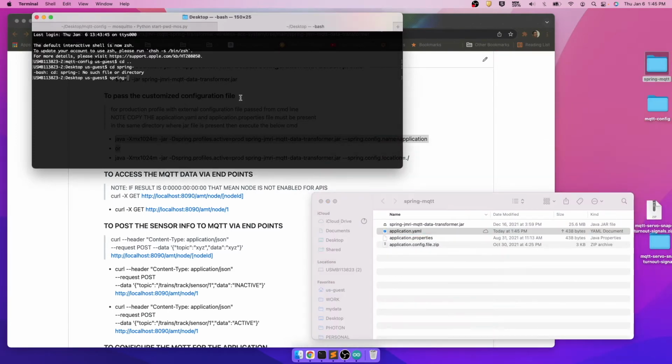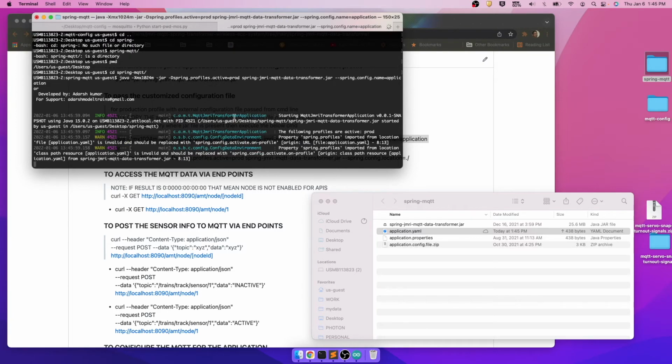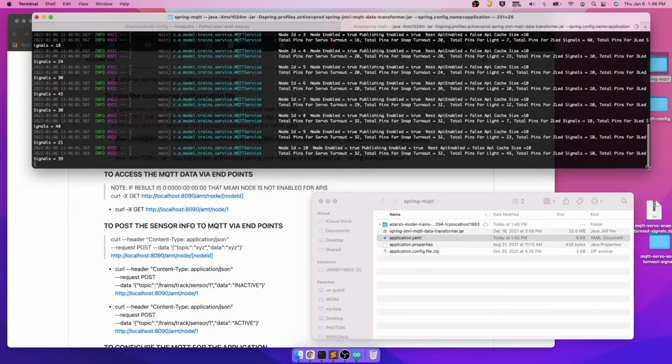Spring MQTT. And here we can just paste the command and start the transformer application.